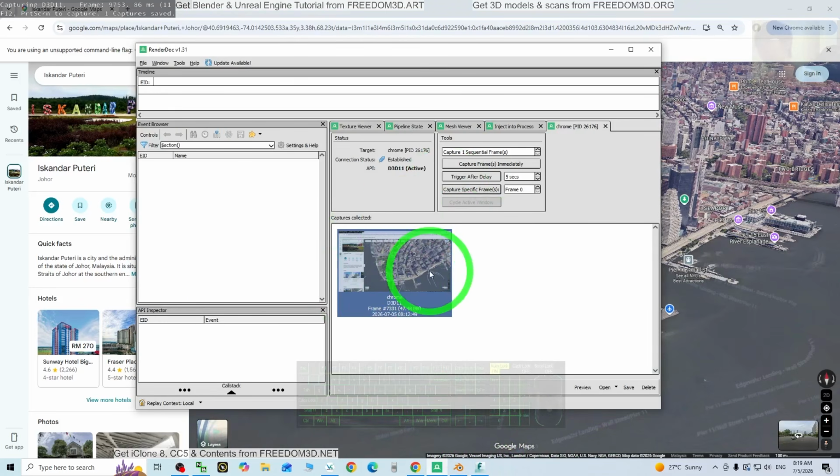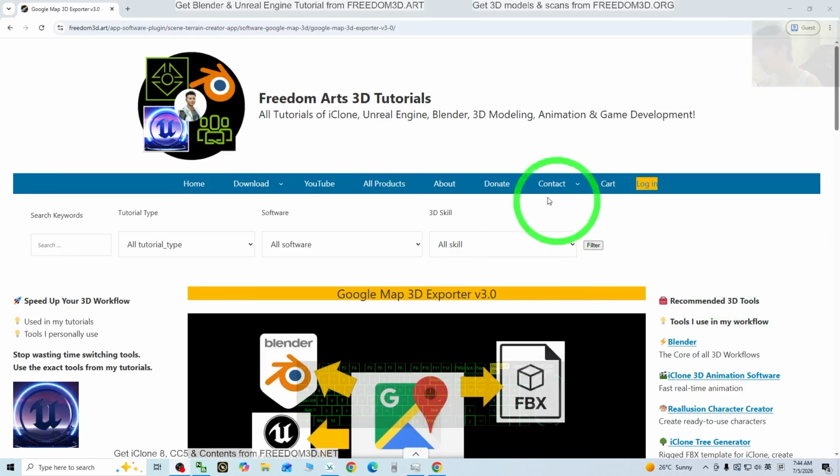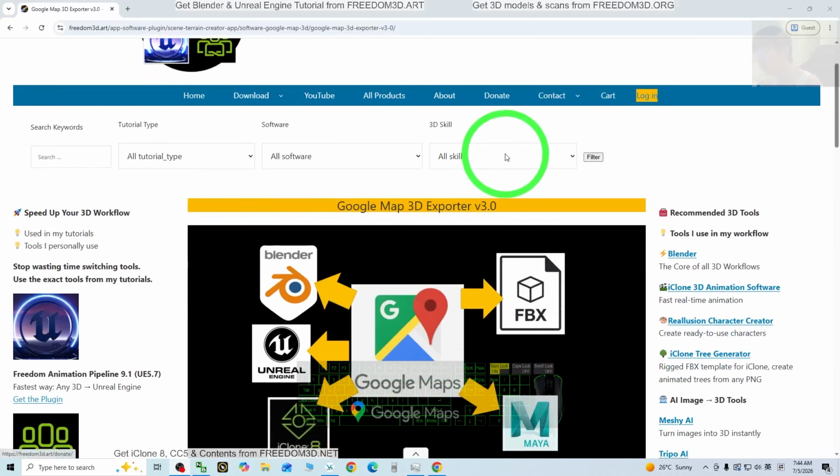In this tutorial, I'm going to show you all the step by step. And now it's 2026 July, the 5th July 2026, and it still works. I'm going to show you all the details step by step in this tutorial. Let's go. Alright, the first step, go to my video description, click into the link, get the Google Map 3D